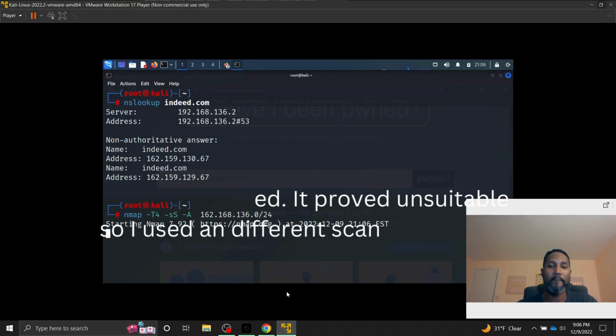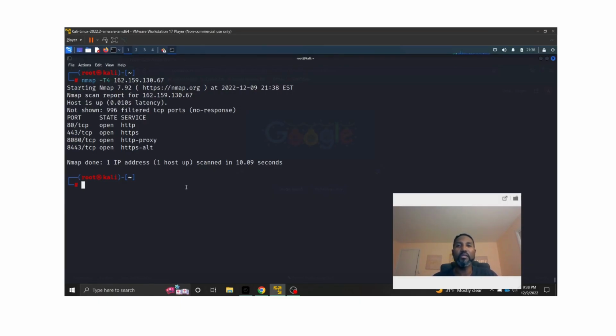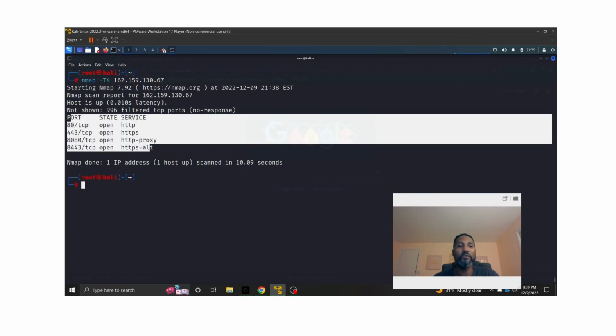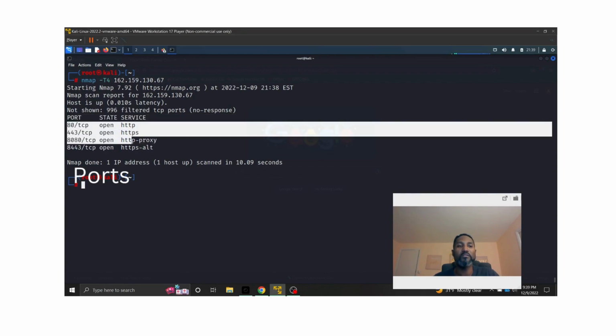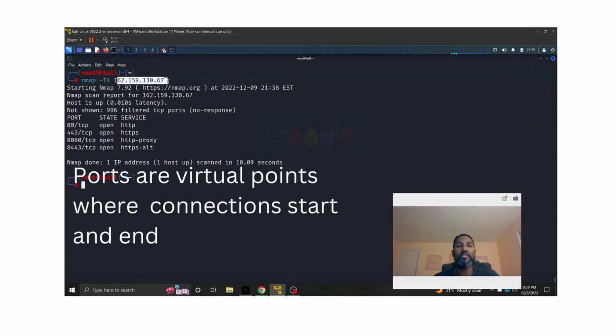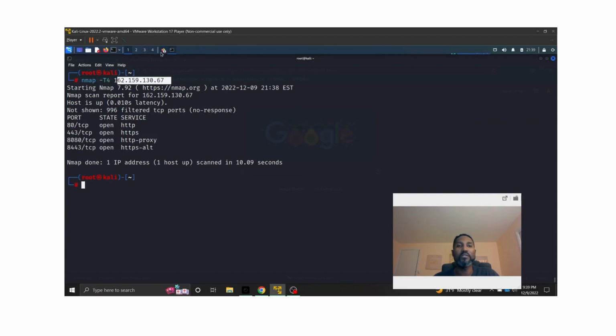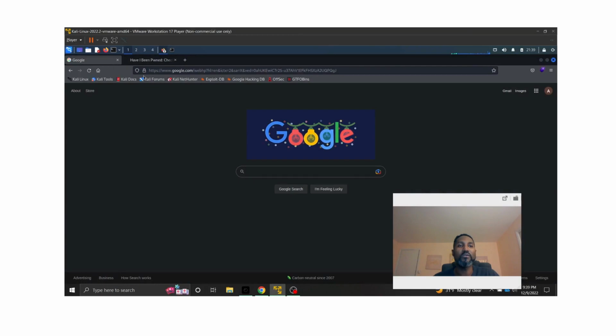I'm going to wait, and then when we come back you will see what the results are. The previous scan that I put in was taking too long, and it seemed as if the controls that they had in place were very effective. So what I did was switch to another IP address that I found on there from the NSLookup, and I did the general scan, and this is what came up, because I just want to get proof of concept here. So what you see here are some open ports that are available for this particular IP address, and typically what a hacker would do, or a pen tester would do, since they know that these ports are open,